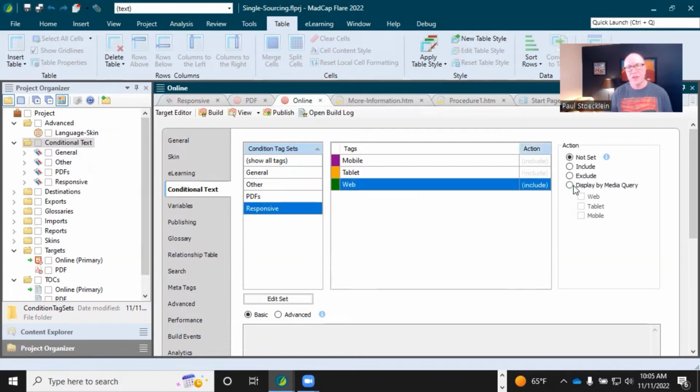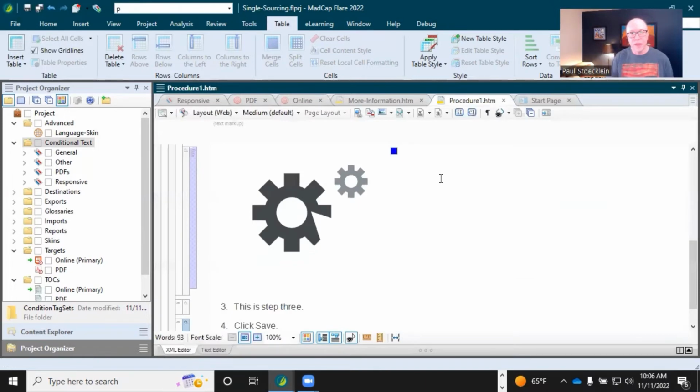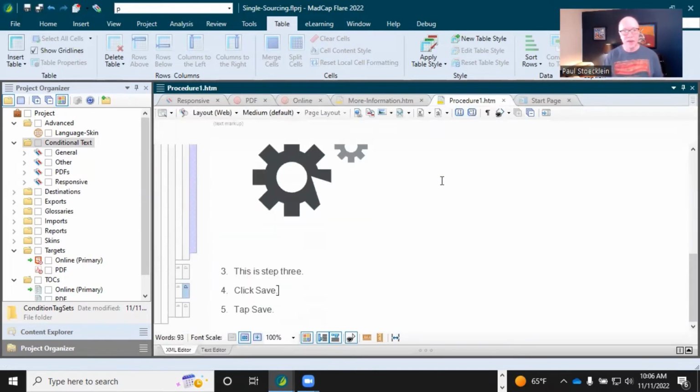All right. And now you could set these with any condition, but it makes sense if you create conditions that are set aside specifically for this use. Let's go back and look at some content to see how you can make use of this. So I've got this procedure topic in here. And if I go all the way down to the bottom, you can see I created one line list item